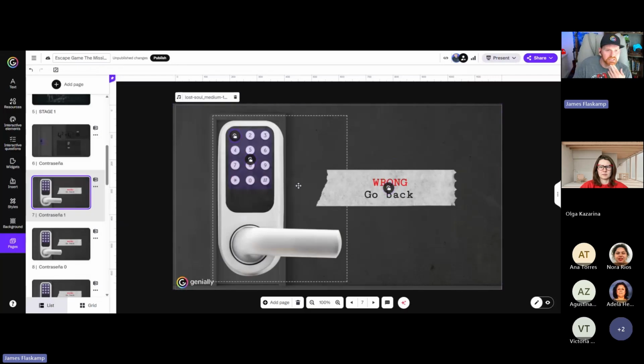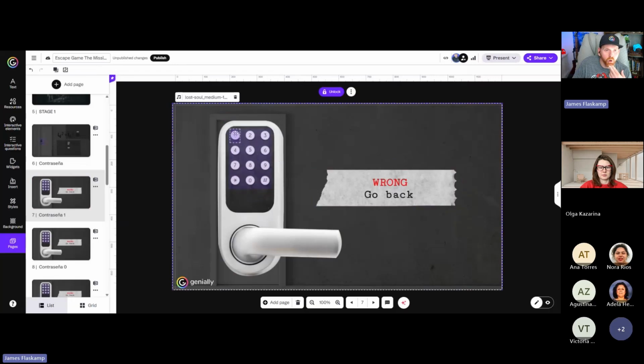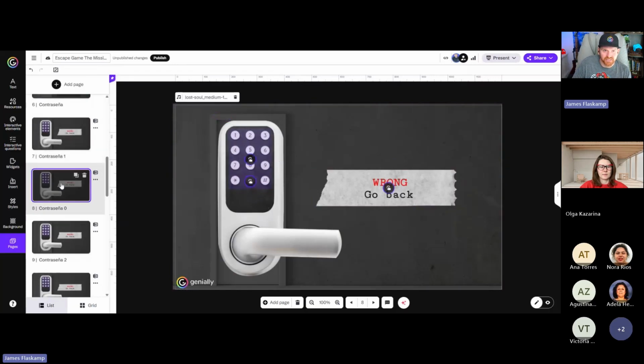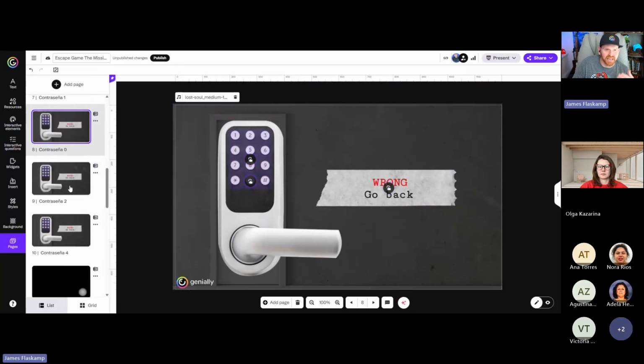Okay, and so now we have this page with the keypad, and it's set up so that if you click any other button, it's going to reveal this wrong go back thing. But if you click the correct button, then it's going to go to the next page. Then the next page will have the 0.